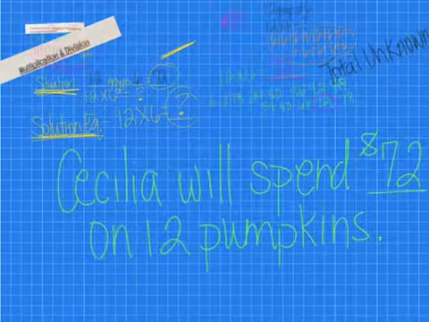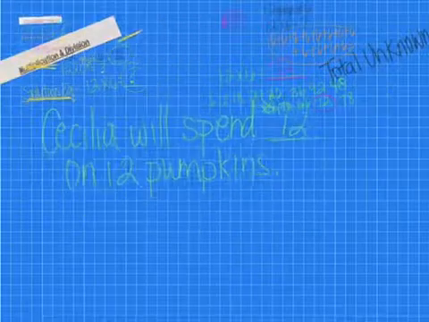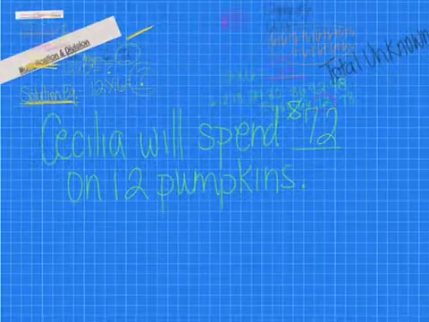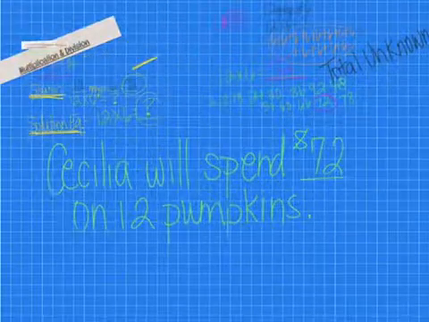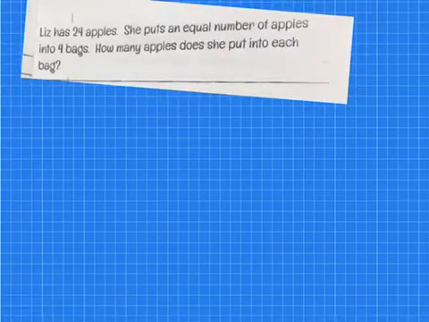Going back to our word problem and making sure that we answer in a complete sentence the question, how much money will she spend? Our complete sentence is Cecilia will spend $72 on 12 pumpkins. Okay, students, let's try another problem. This problem says